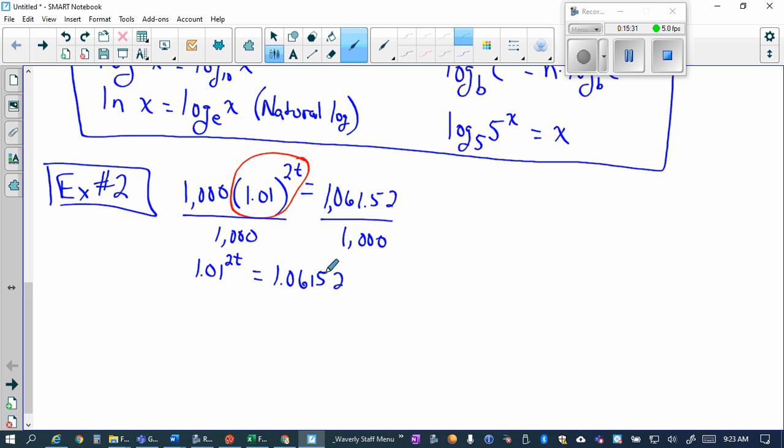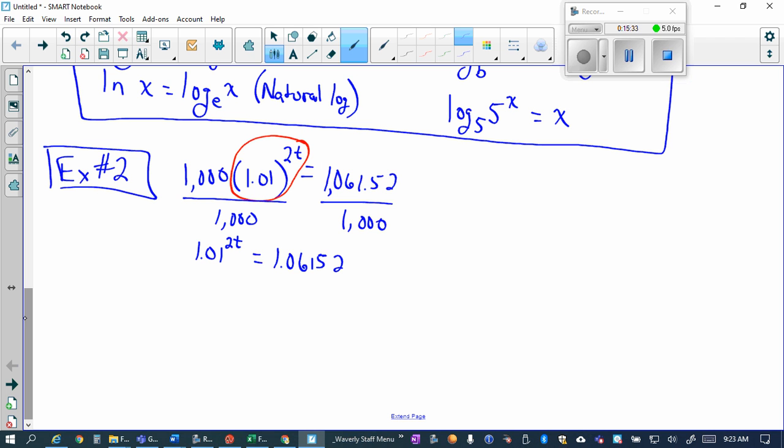So here's one way to do it. Let's take the log with this base: log base 1.01 of 1.01 to the 2t. But what I do to one side, I've got to do to the other, don't I? Right? Log base 1.01 of 1.06152. Okay? So what happens over here? These undo each other, so I have 2t equals this,